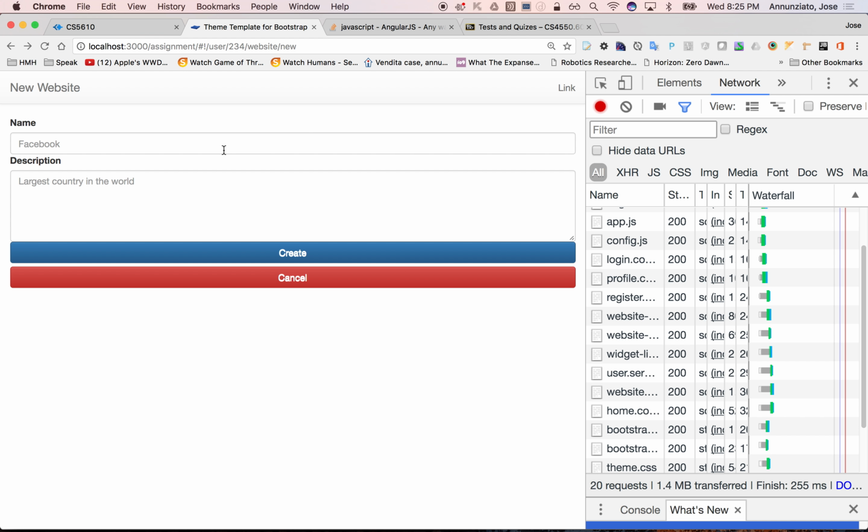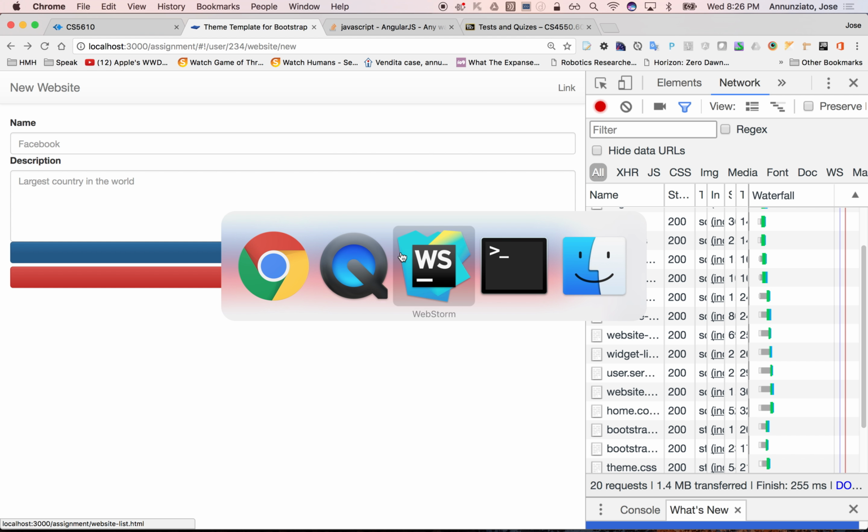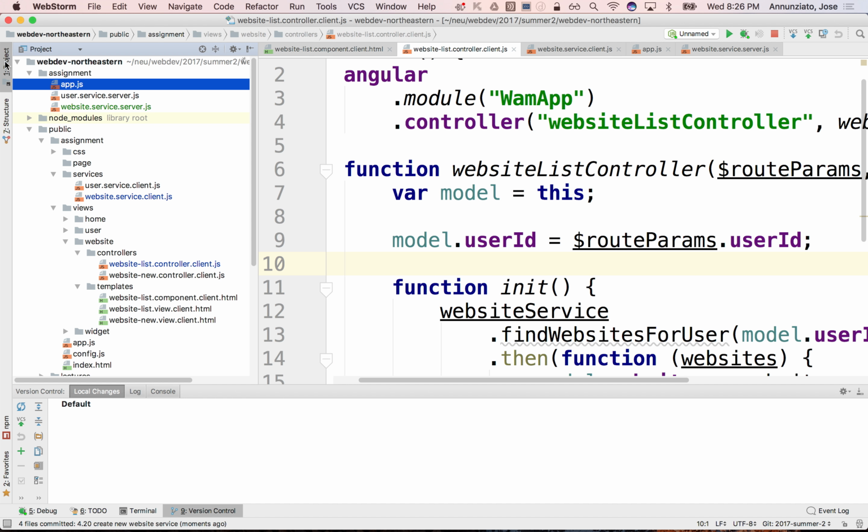It's supposed to be handled by a controller. Let's do that now. I don't remember if we created a controller for this. Let's check to see. Okay, looks like we did. We have website new controller. What's it doing right now? It's saying